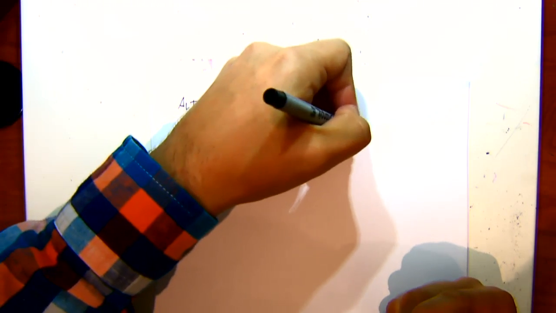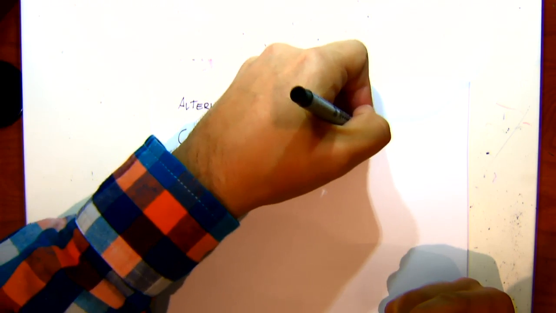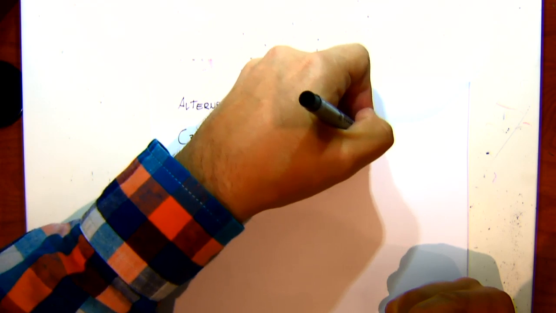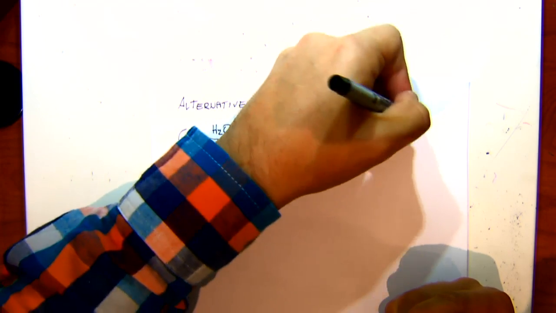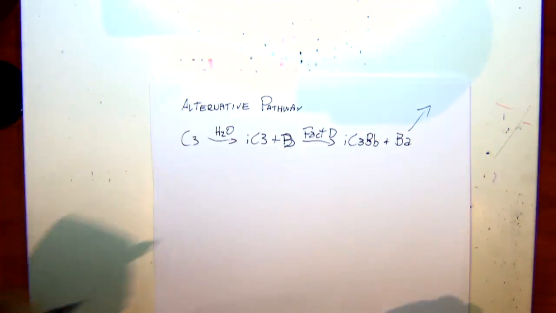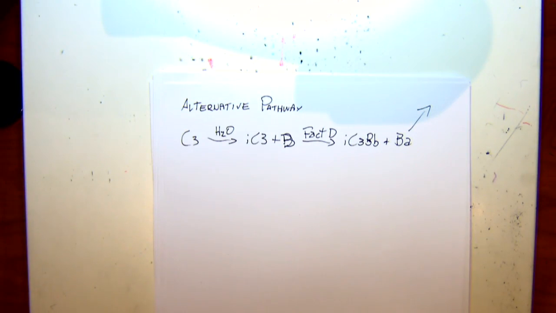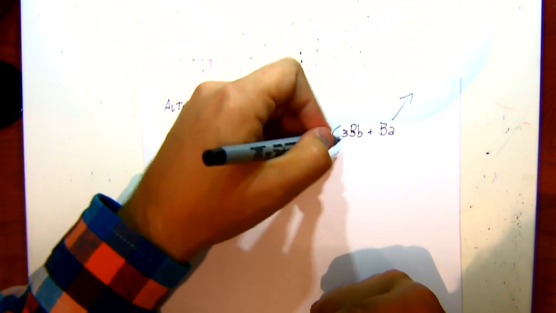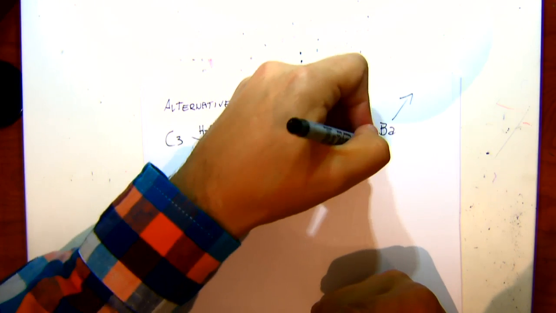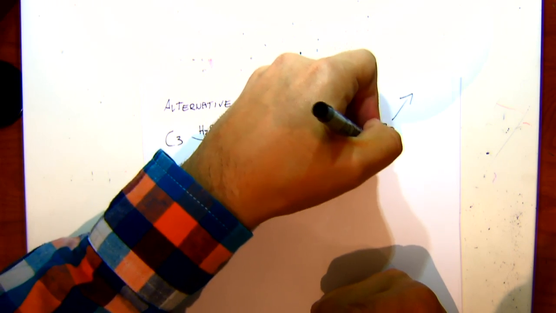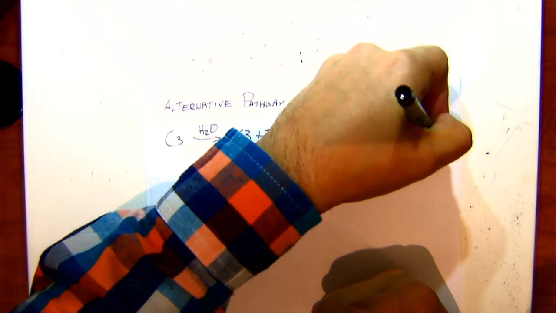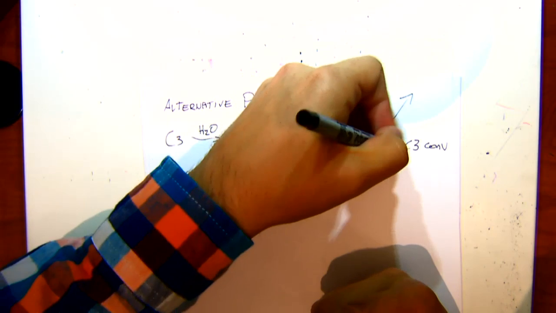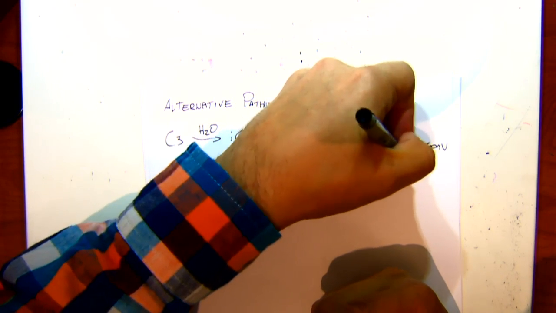So we're going to end up having iC3 big B, little b, plus Ba, which goes away and we don't care about what Ba is for. And then we end up having this, which is the soluble C3 convertase of the alternative